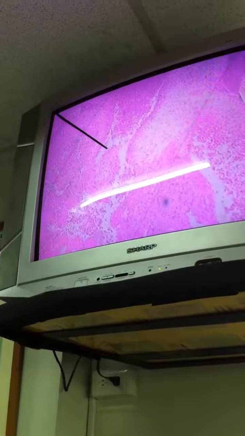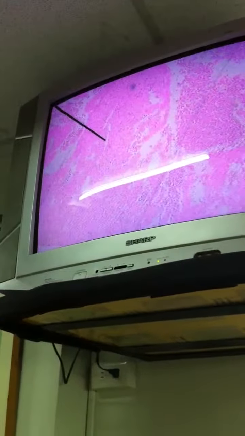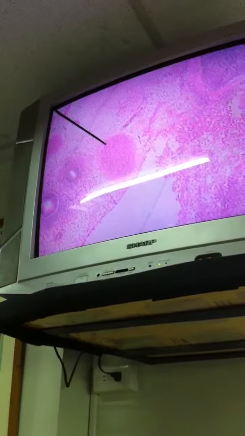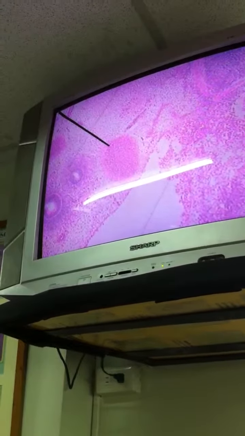Okay? So once again, identify endocardial cushion. Identify interventricular septum. Identify right sinus horn. Identify right sinus venosus. Identify left dorsal